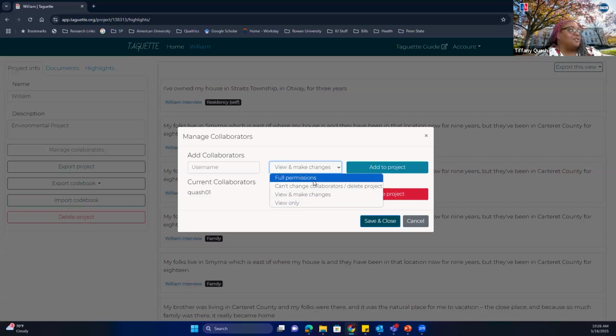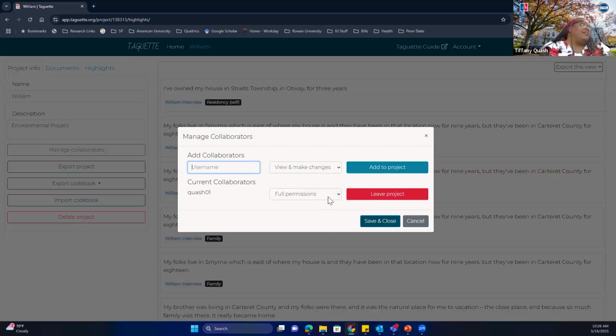It's really important to know their username in order to put it in here. So my username is Quash01, and I have full permissions. If I wanted to leave the project, I leave the project, but that means that all of the information that I've just spent time doing is gone. Yeah, unfortunately. So keep your name on the document or on the profile for as long as possible.